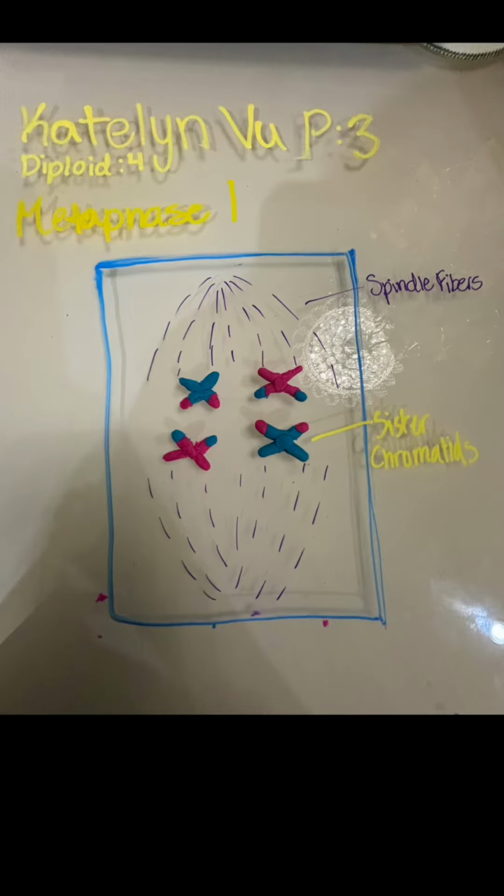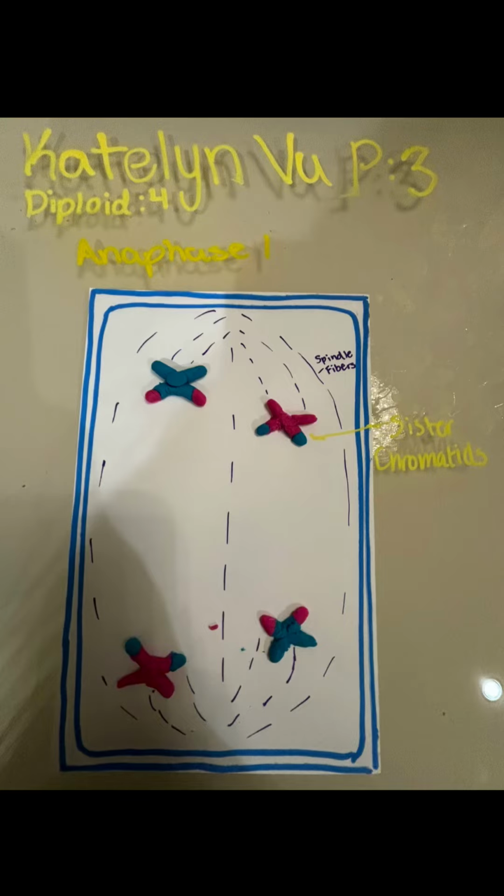During metaphase, the nuclear membrane fully disappears and the spindle fibers attach to the sister chromatids, which is another way of saying chromosomes, and lines them up in the middle of the cell. In anaphase, the spindle fibers pull the sister chromatids apart, splitting them and bringing them to the opposite ends of